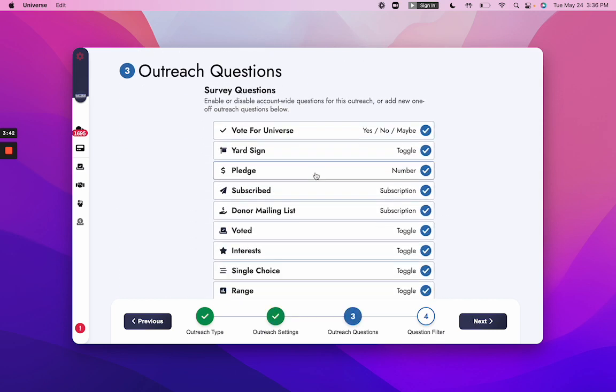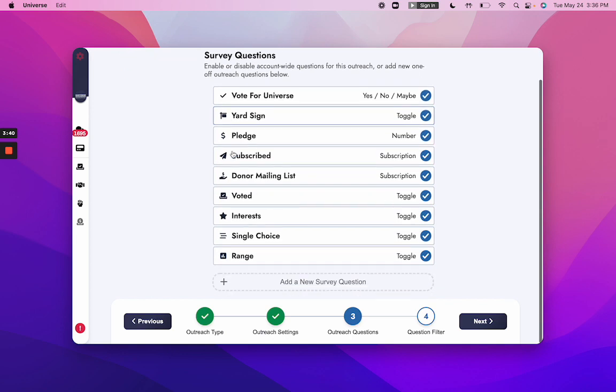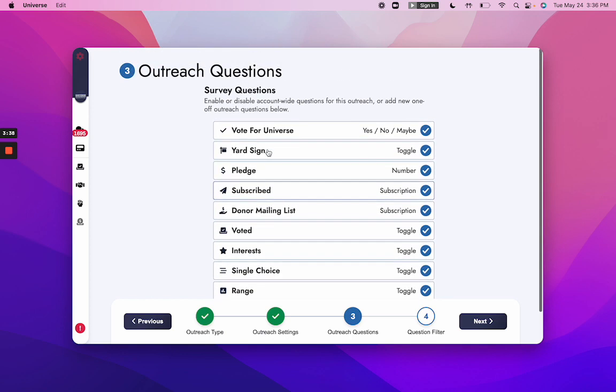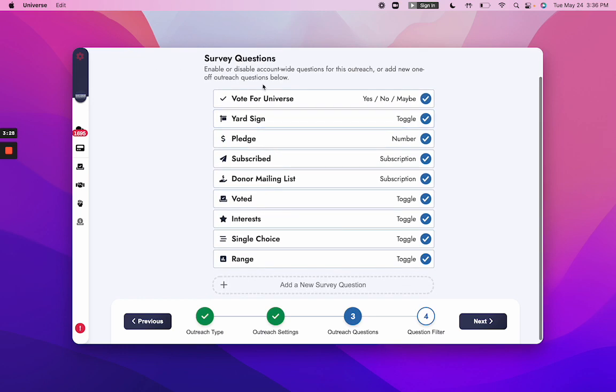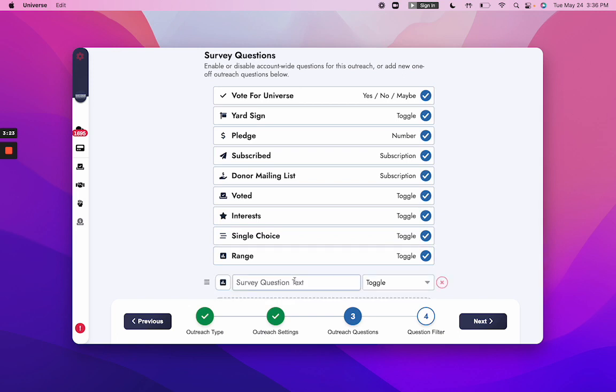So next you'll pick the questions to ask and record results for in your phone bank. So these questions can be preset for the entire account. If you want to see how to preset these questions, there's another article in the Help Center called How to Set Your Account-Wide Outreach Questions. And those account-wide questions will always show up in every new outreach, but you can also add new survey questions